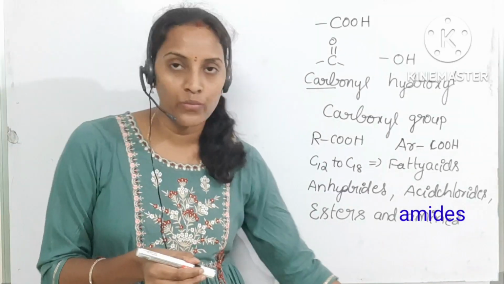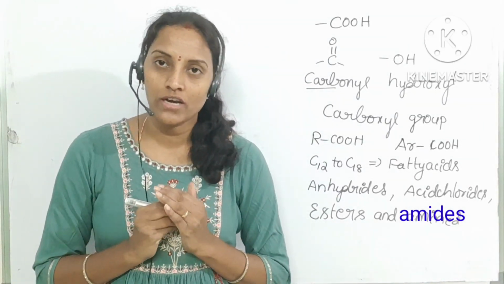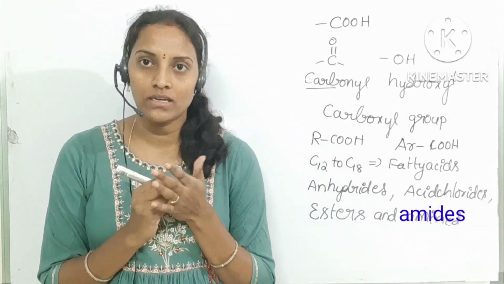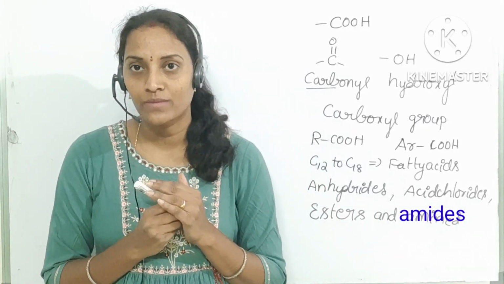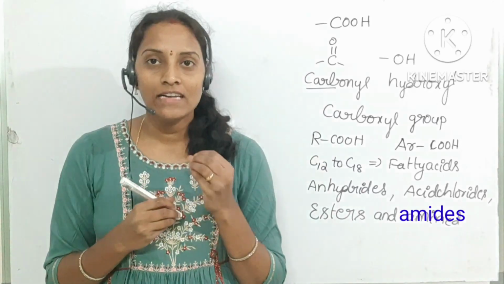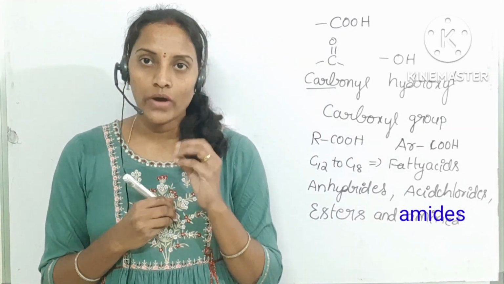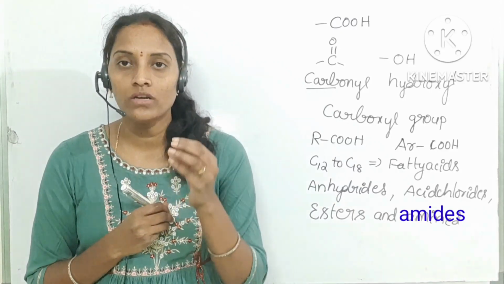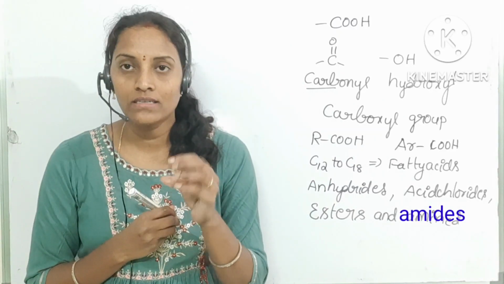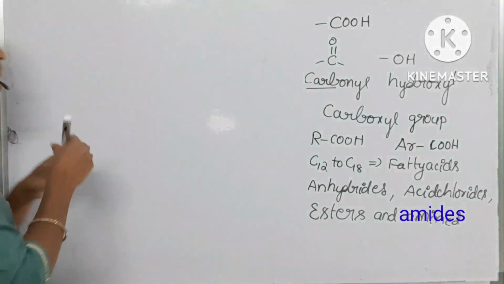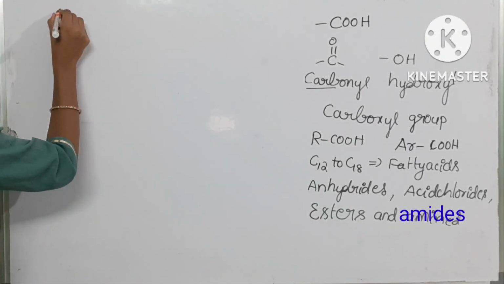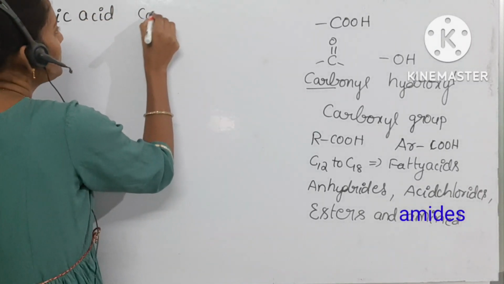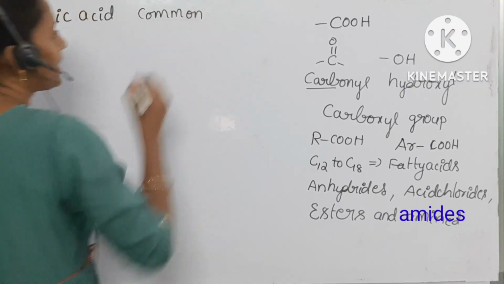Next you can see about nomenclature of carboxylic acids. Generally most of the carboxylic acids were identified by their common names. Those common names come from Latin words or Greek words. Why? Because these Latin or Greek names mainly depend upon from where the carboxylic acid was obtained. If the carboxylic acid name ends with ic acid, that is the common name of a carboxylic acid,